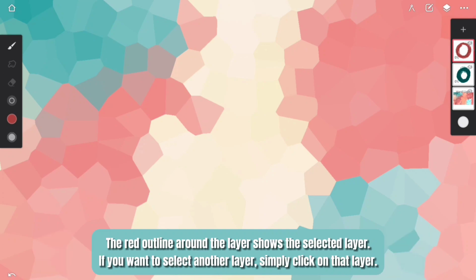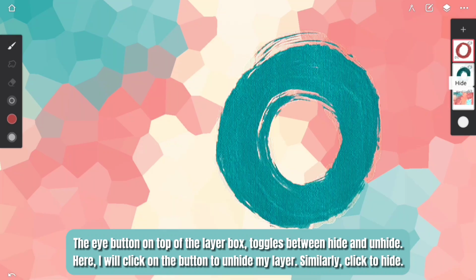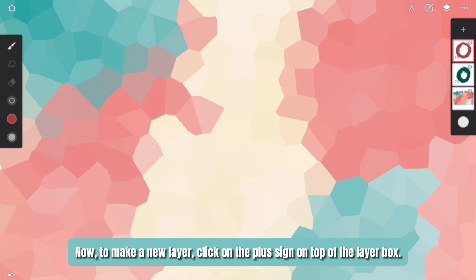The red outline around the layer shows the selected layer. If you want to select another layer, simply click on that layer. The eye button on top of the layer box toggles between hide and unhide. Here, I will click on the button to unhide my layer. Similarly, click to hide. To move any layer, click and hold the layer to make it movable, then drag it to the desired position. Now, to make a new layer, click on the plus sign on top of the layer